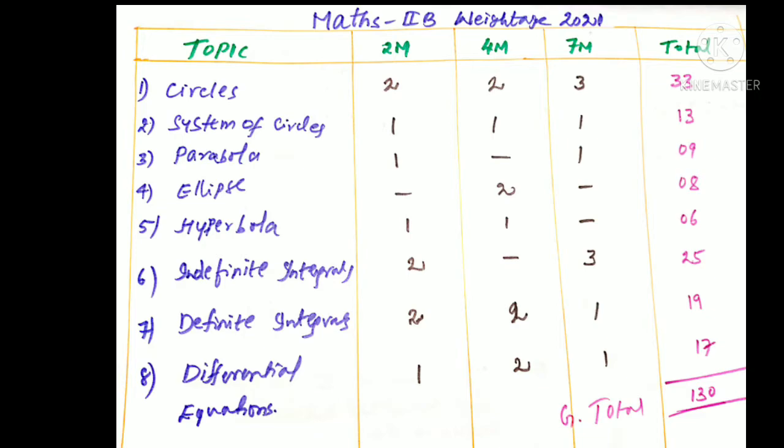Okay, what is its weightage? We can observe that one 2-mark question, two 4-mark questions, and three 7-mark questions will come, which means total weightage is 33 marks. This is the maximum weightage among all these topics. Just concentrate on at least the most important questions. There is no difficulty at all. Every question you can focus on easily from the circle chapter. Because of this more weightage, no deletions at all. So you have to concentrate on the total syllabus and all types of questions also.